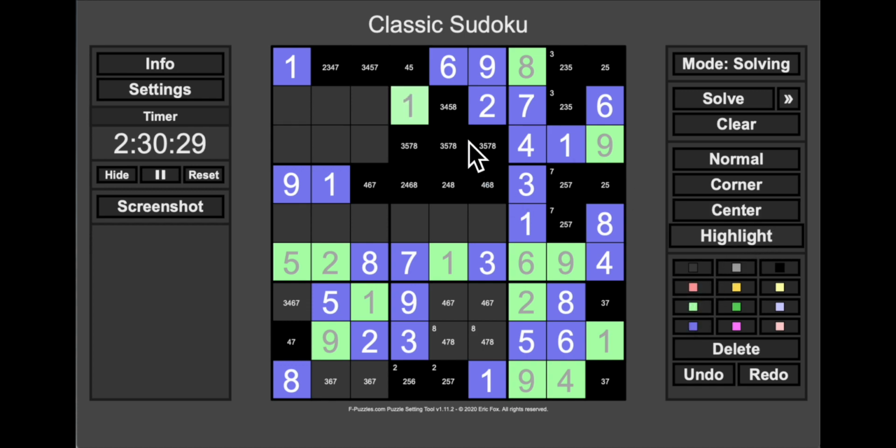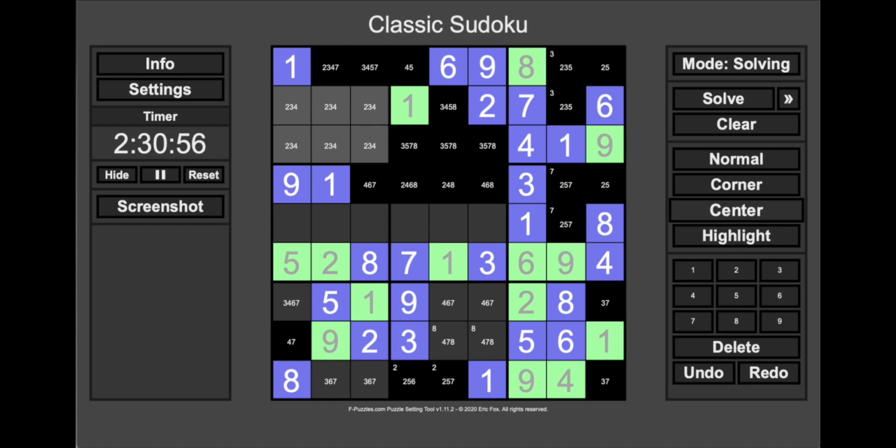I keep accidentally highlighting that the wrong color. Okay, I think I'm done with that box. Right, re-highlight this one. Okay, in the rest of box 1, the only digit I placed in that whole box is 1, so